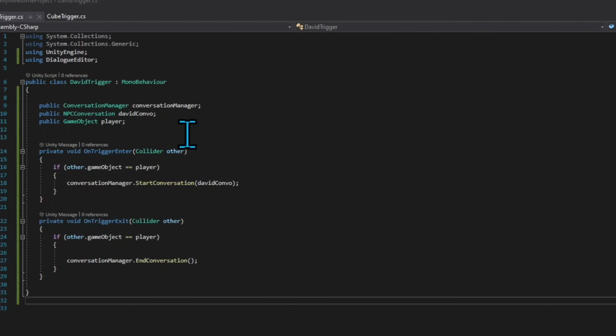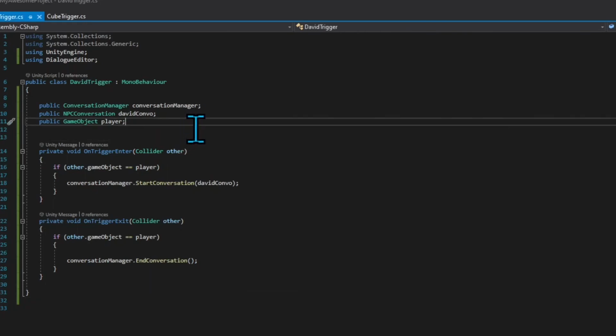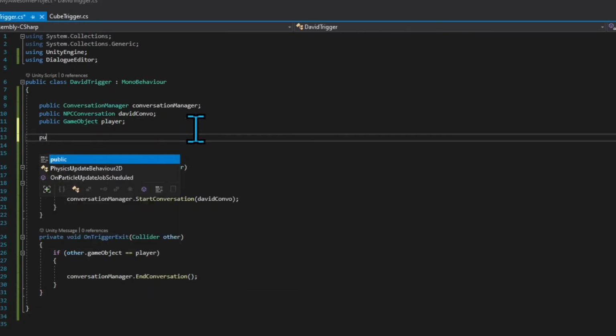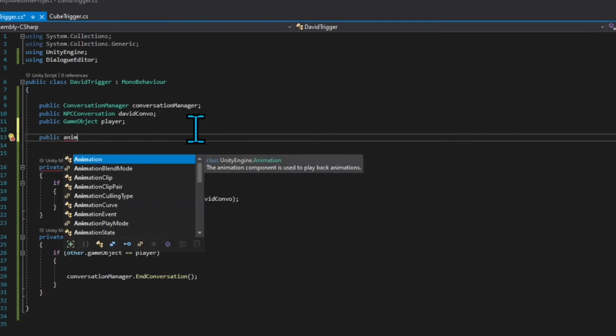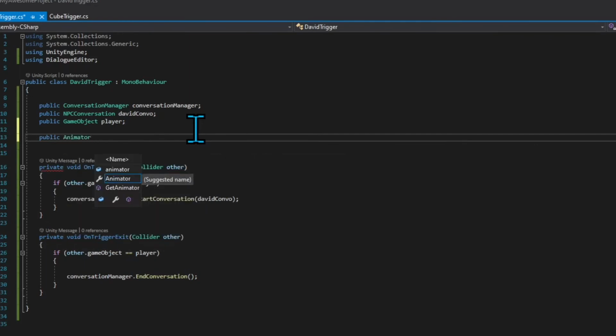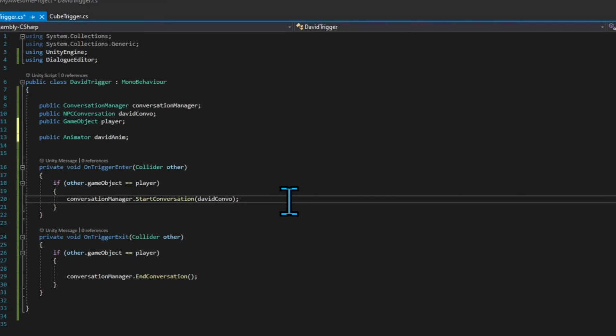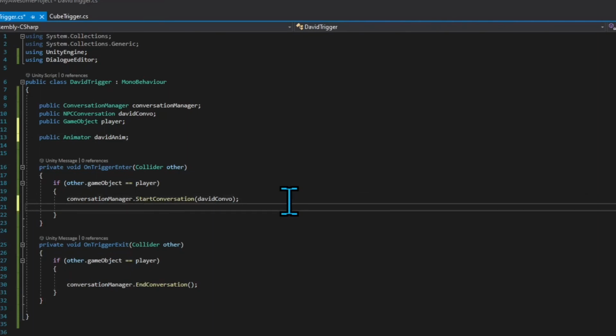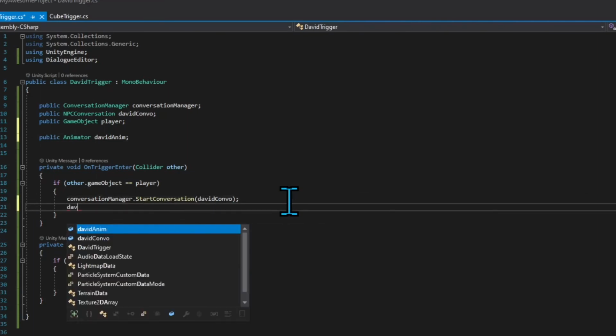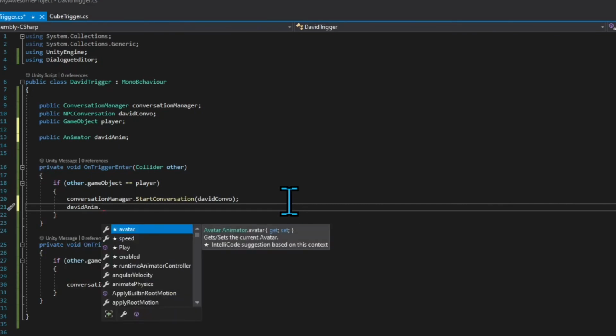All right, so here we are back in our script. The first thing we're going to need is a reference to our animator. So let's say public Animator. We can call it David Anim, short for David's animator. That's all we need there. So now in our conversation, in our OnTriggerEnter, all we have to do is say DavidAnim.Play,